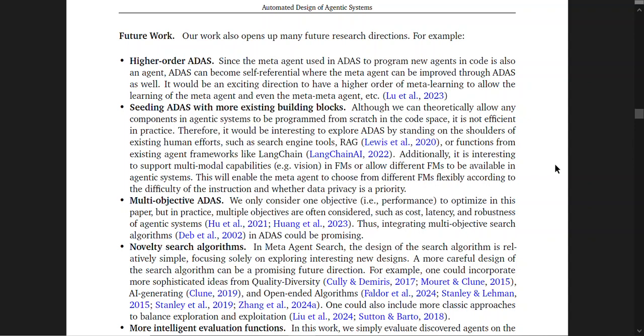Anyway, future work. Higher-order ADAS. Since the meta agent using ADAS can program new agents, and is also an agent, ADAS can become self-referential, where the meta agent can be improved through ADAS as well. It would be an exciting direction to have a higher-order meta learning to allow the learning of the meta agent and